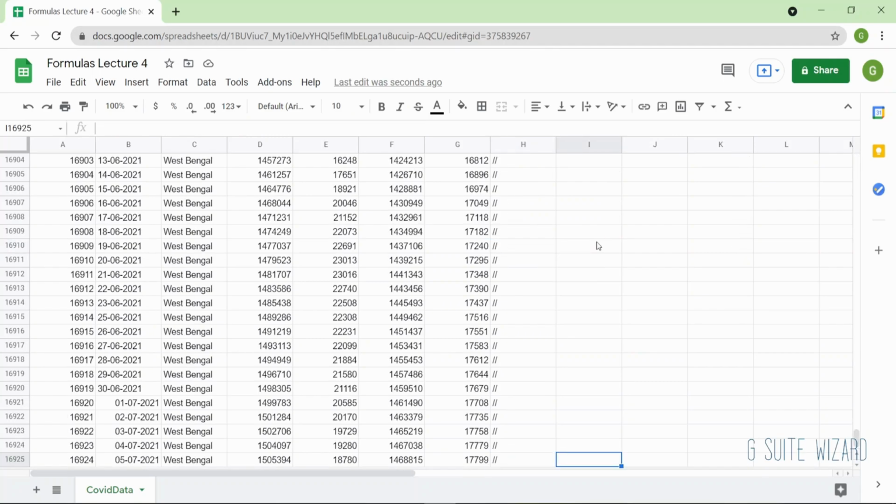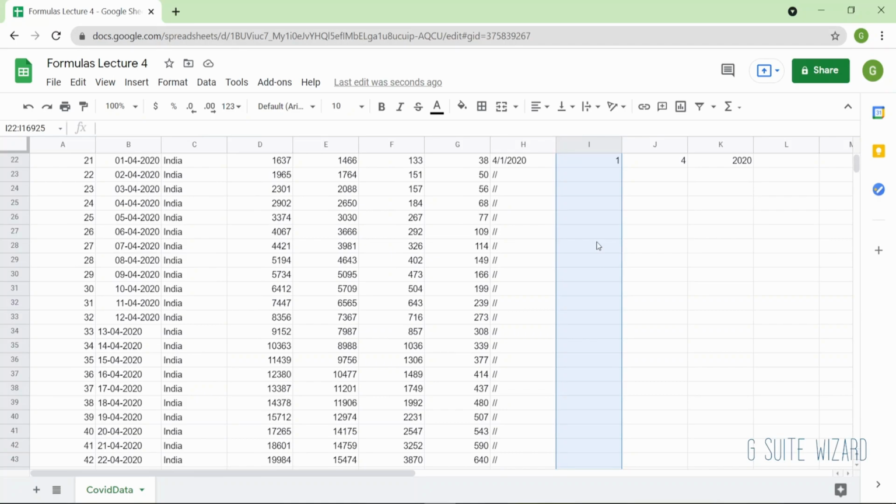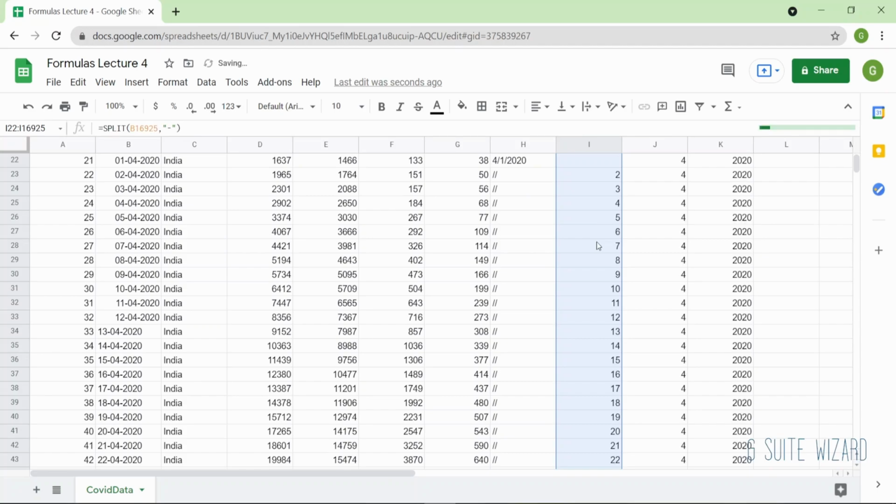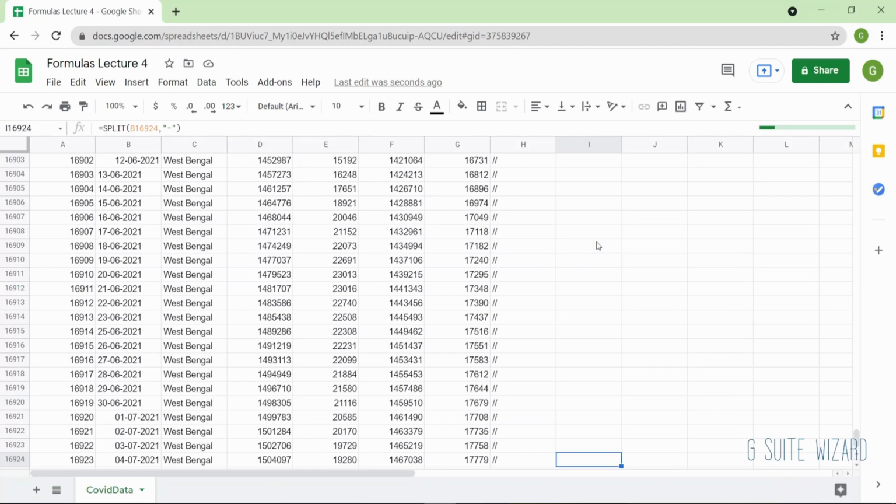I'll go to the last row. I'll select all the rows, Control, Shift and up button, it gets selected to the topmost row or to the next row which is allocated, right? And I press Ctrl D. What Ctrl D does is it will paste all the formula, all the rows with the same formula that is there in the topmost cell.